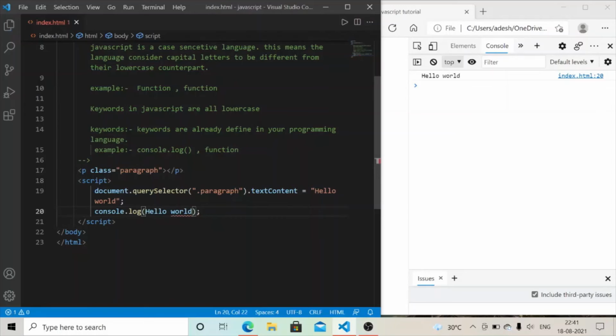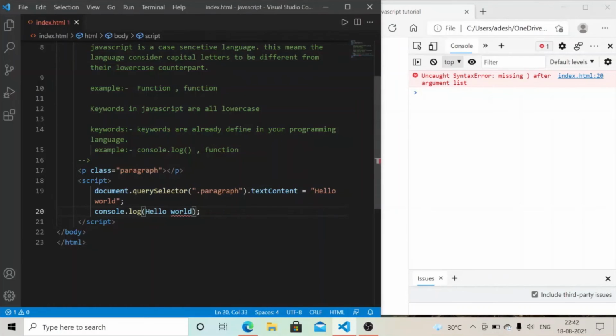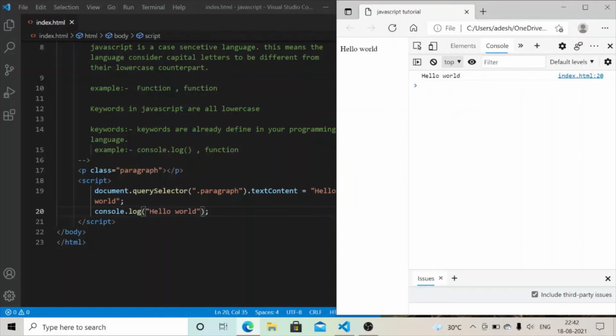Just like I delete the double inverted comma and save this file and refresh my page. Now you find that inside my JavaScript code, in index.html, line number 20 is missing something. That is the uncaught syntax error. So I write here the double inverted comma. Now when I save this file and refresh my page, you find my hello world is here.